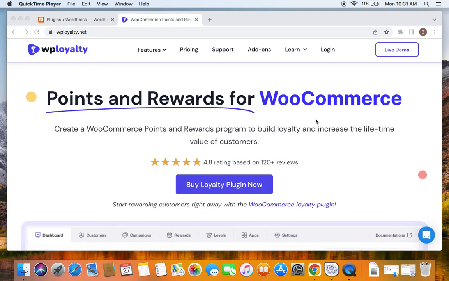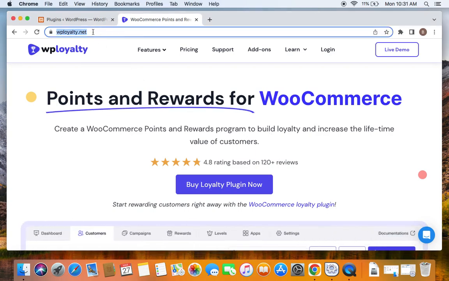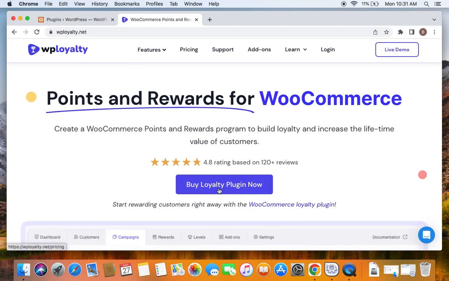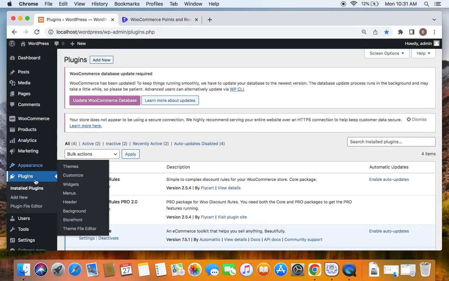Before you can install the plugin on WordPress, you will have to first purchase it. To purchase, you can visit this link which will allow you to purchase the plugin by clicking on this button. Once you have successfully purchased the plugin, you will be allowed to download a zip file of this plugin. After you have downloaded the zip file, you can just go to your WordPress dashboard, go to the plugins